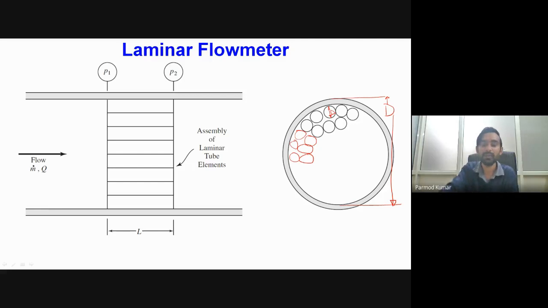Okay, so this is the simplest device which can be employed for measurement of flow, and particularly these types of devices are recommended when we want to measure the flow rate of the gaseous phase, and that too particularly at very low flow rates. Okay, and apart from that, it can be used for measurement of liquid flow rates also, but in that case we have to estimate, or use the optimum value of, the diameter of this small tube and the length in order to have a relationship between the pressure drop and the flow Reynolds number.